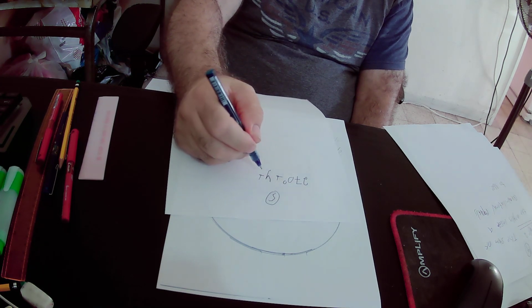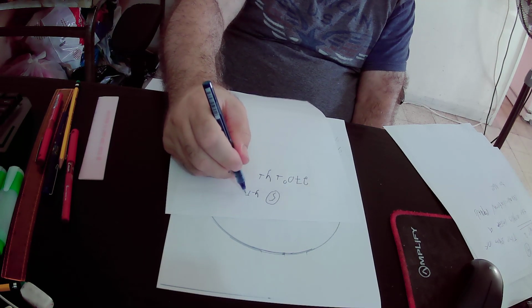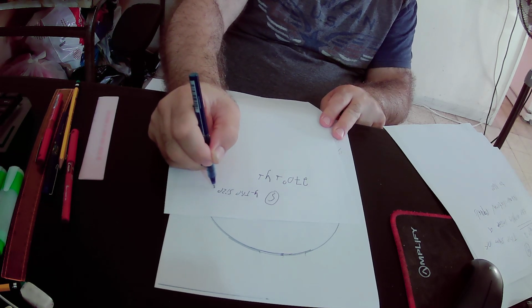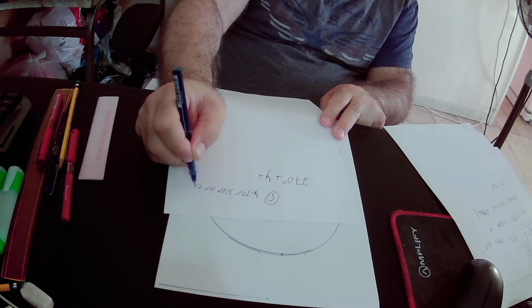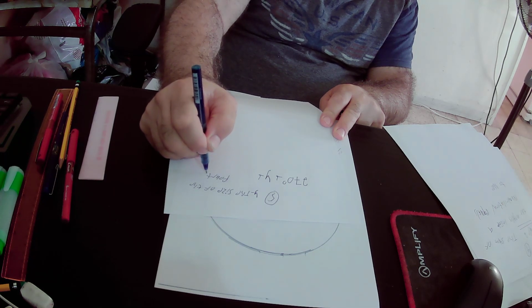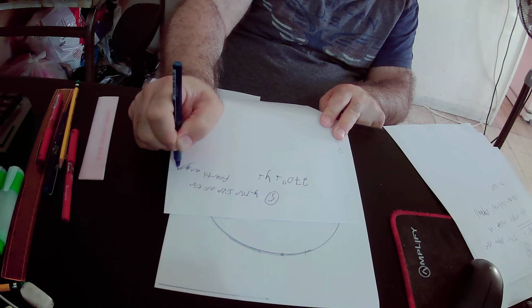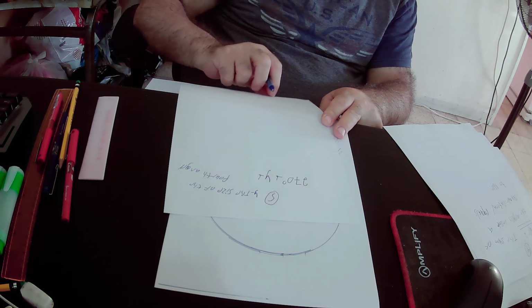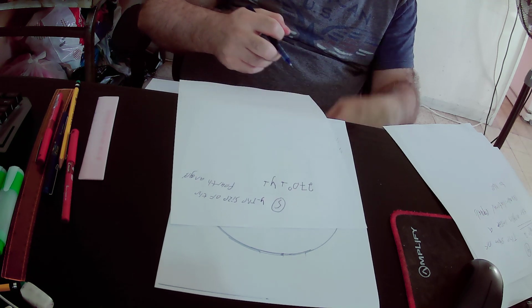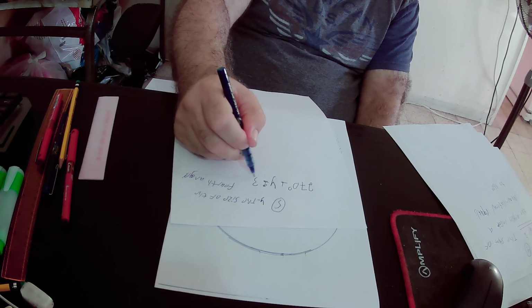Again, y is defined as the size of the fourth angle, so 270 degrees plus y must be equal to 360